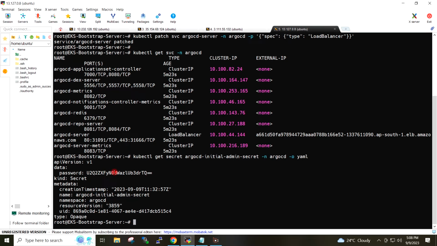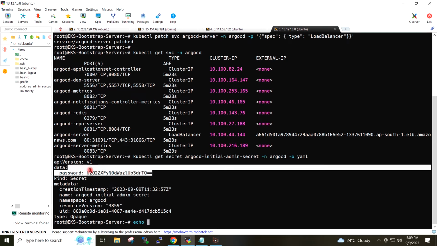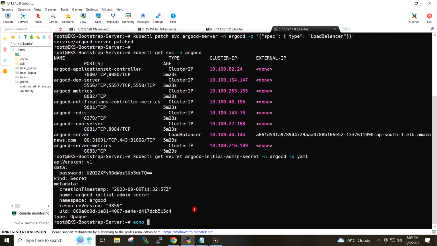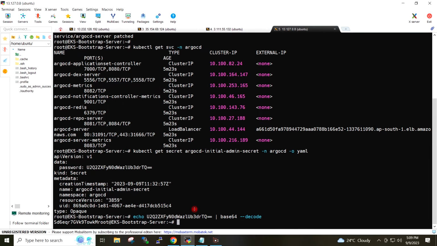So I will decode it with the command echo and the password, base64 --decode. So this is the decoded password.